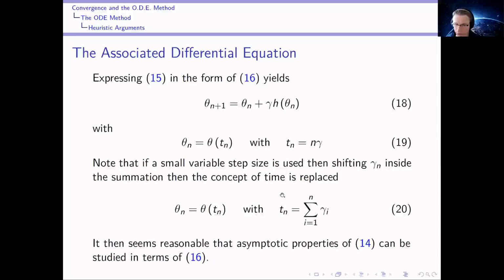We can actually further extend this notion for variable step sizes by shifting the gain inside the summation. Now, this is not a rigorous treatment of the analysis, but for these reasons it isn't a stretch that the ODE and the difference equation can have some equivalence. So let's give some more precision to some of the key quantities so that we can strengthen this argument.